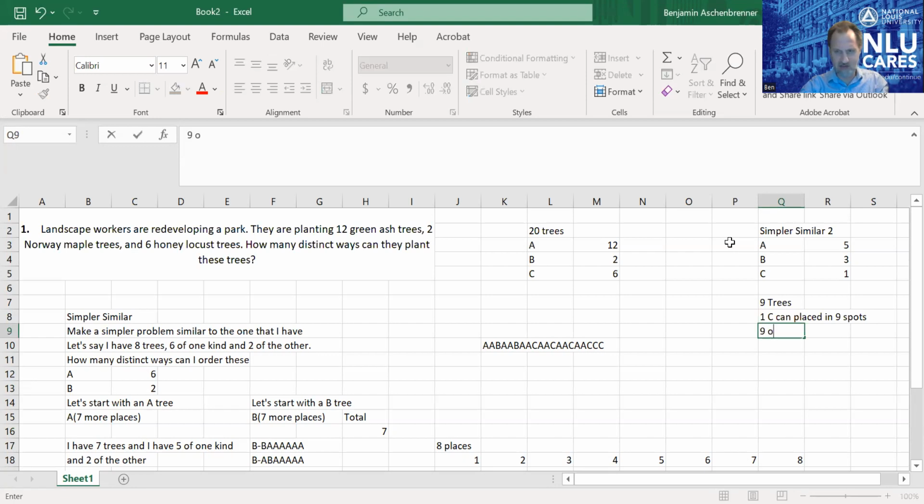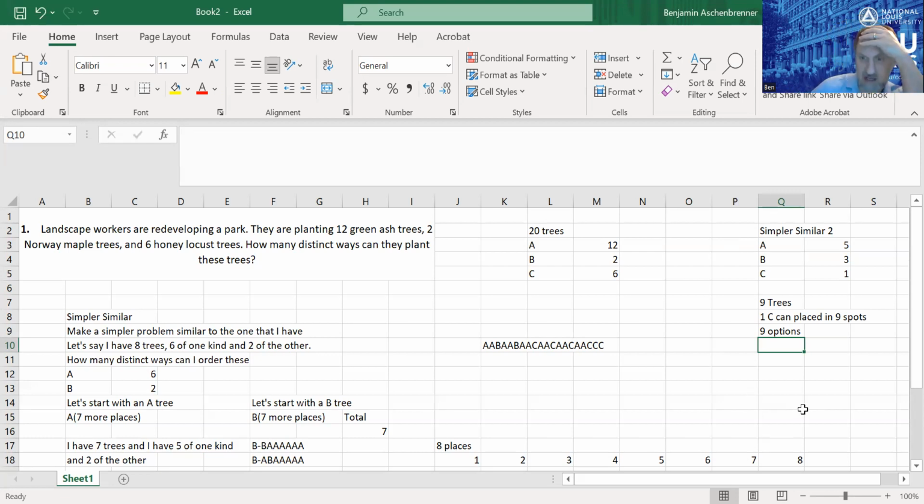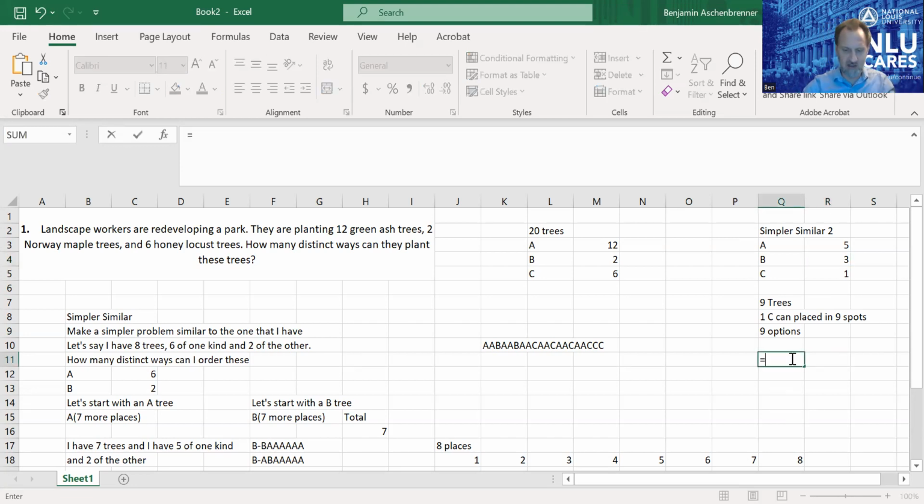That's 9 options. We know that if we can count options, then we can multiply them out. And then how many different ways can B be put in? I suppose the question I'm wondering here is, if I've already pinned down C, there's 8 spots left. And so in the 8 spots, I'm back to how many ways can I put 3? And I think combin 8, 5